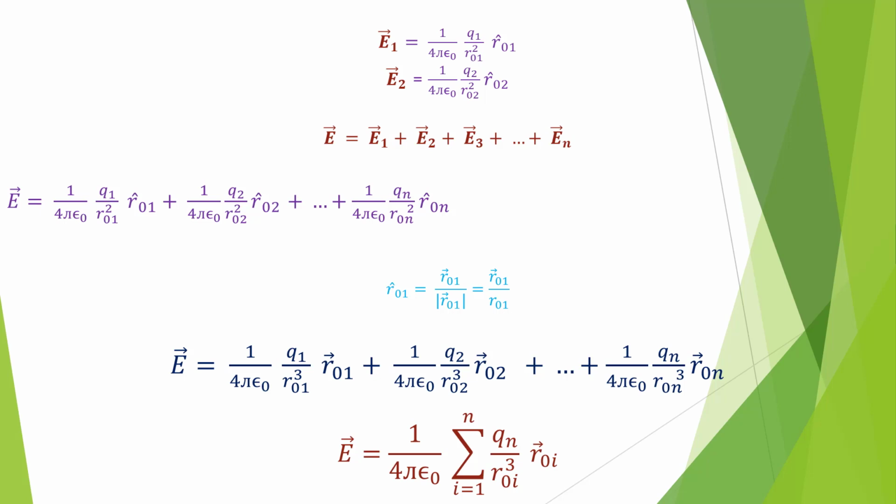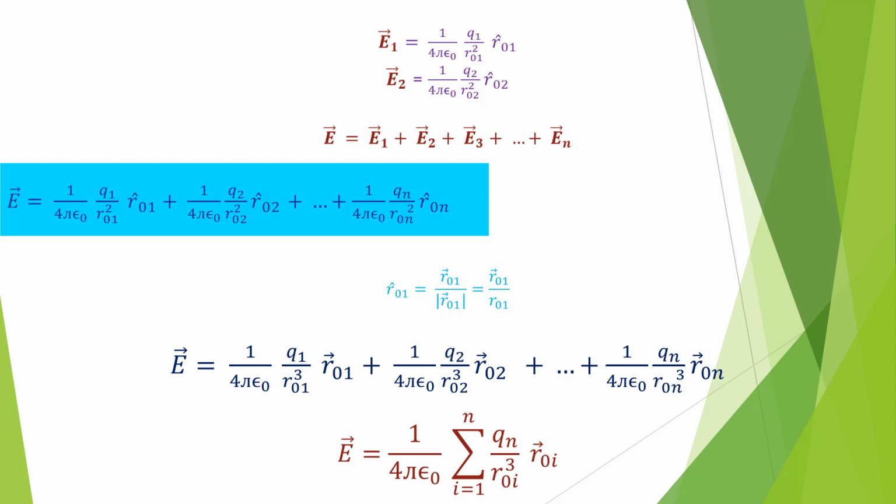Here R naught 1 cap and R naught 2 cap are the unit vectors. Similar expressions can be given for E3, E4 and up to En due to charges Q3, Q4 up to Qn. By the superposition principle, the electric field E at point R due to the system of charges is vector E equals vector E1 plus vector E2 plus vector E3 up to vector En, equals 1 upon 4 pi